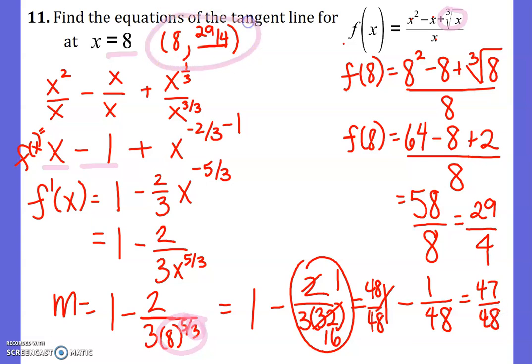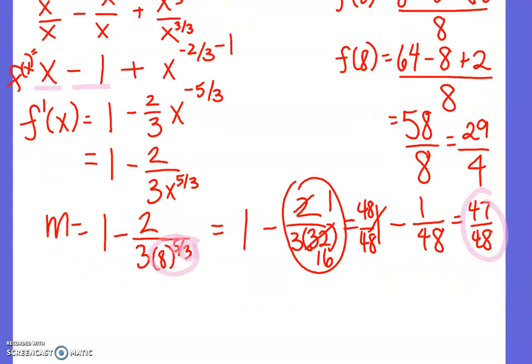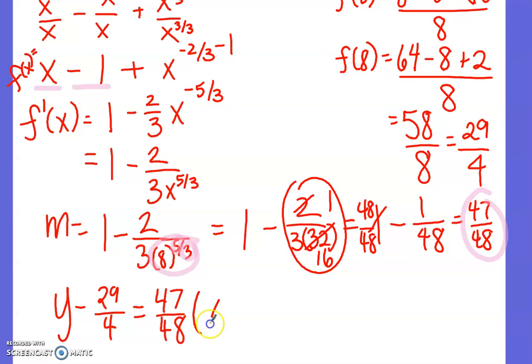So I have my point and I have my slope. So we can put this in point slope form. Y minus y1, which was 29/4, equals the slope, which we got 47 over 48, times x minus x1, which was